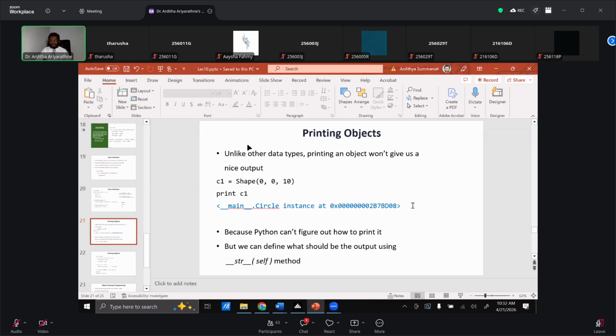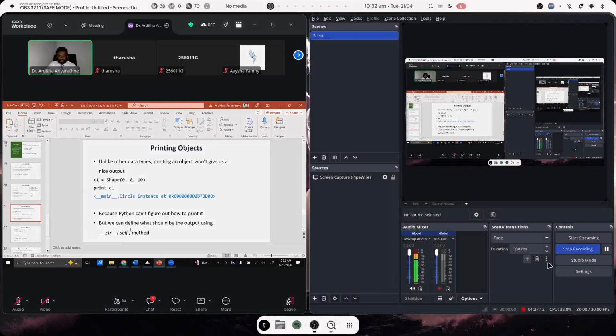We can't use the same approach we used for variables. We need some other method. Here, this is the method that we can use for objects. We call this one the string method. But we should implement